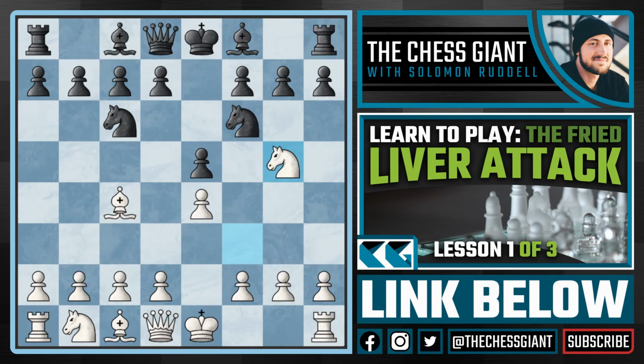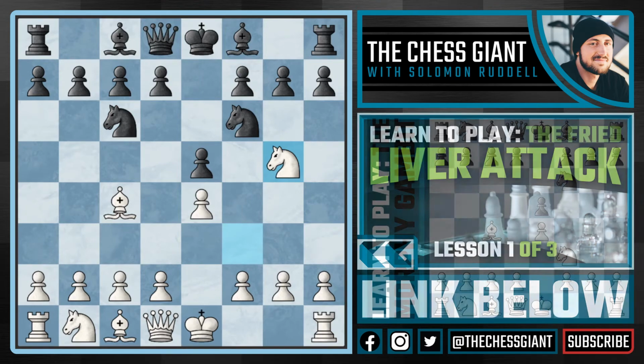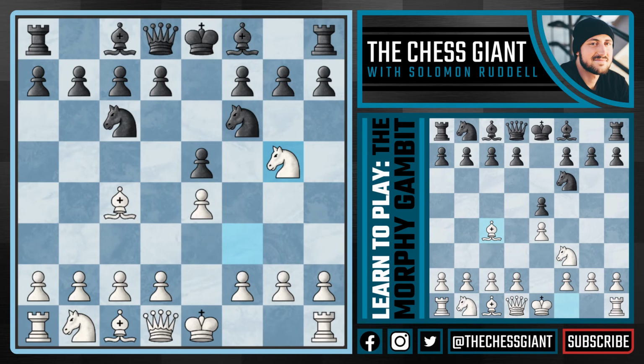And I actually made 3 videos on this opening, and I'll leave those in the description below. And really, if not careful, black can get in a lot of trouble very quickly. Here black is forced to play the move d5, and following e takes d5, the best 2 moves for black are either b5 or knight a5, but a good amount of the time black is gonna play knight takes d5,